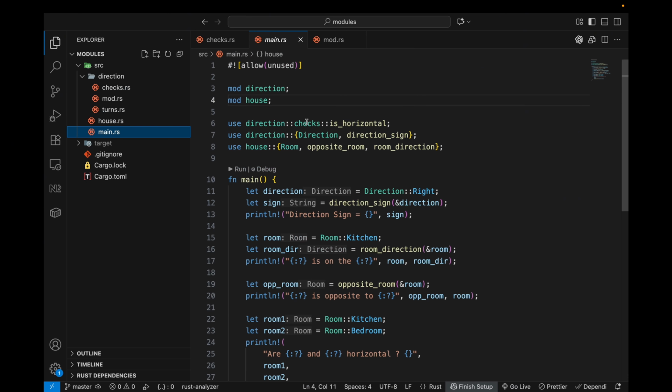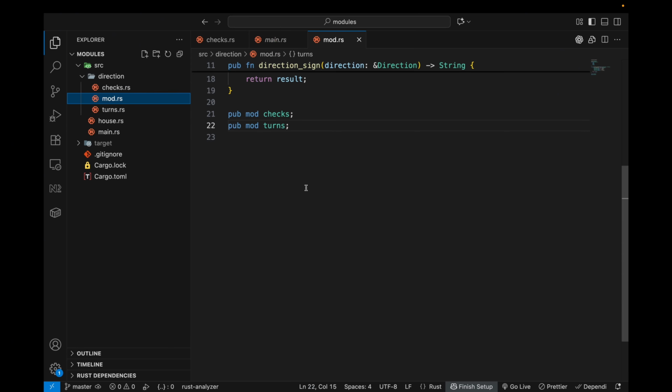So let's say in this case, the way we're importing is horizontal: first we're looking into the direction module and then into the checks module, then we're getting the is horizontal function. What if we don't care which submodule this function is present in? I just want to have access to all the functions, and as a parent, I don't need to worry about how the files are structured within a child family. So we can do that by just saying in the child family, go to the mod.rs file